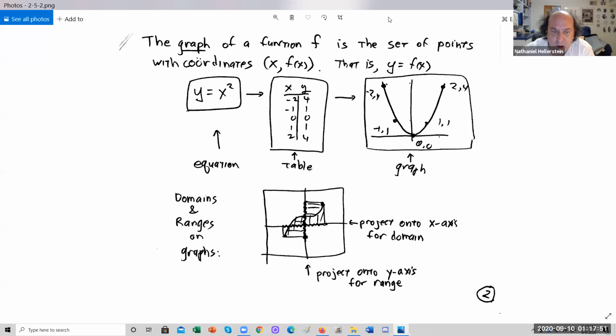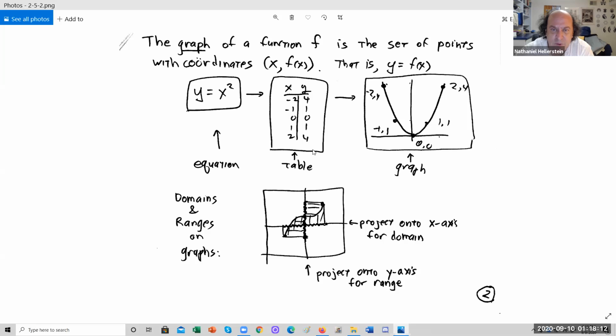The graph of a function is the set of all points with coordinates x, f of x. So if y is the second coordinate, then y equals f of x. Here's an example. Y equals x squared. It's an equation. We'll graph the equation, or graph the function x squared. It's the same thing. By taking a step in the middle,